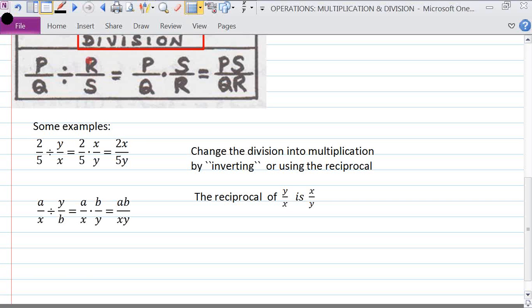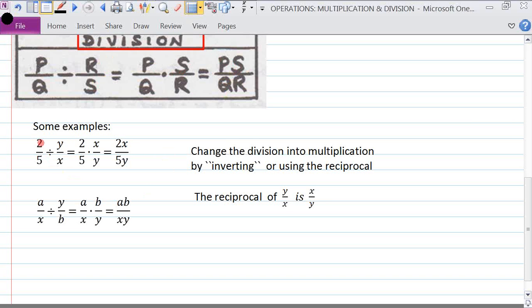So the r goes from the numerator to the denominator, and this goes from the denominator to the numerator. And I get ps. So I switch the division to multiplication, flip the fraction right here so that this goes up and this goes down, and then I have ps